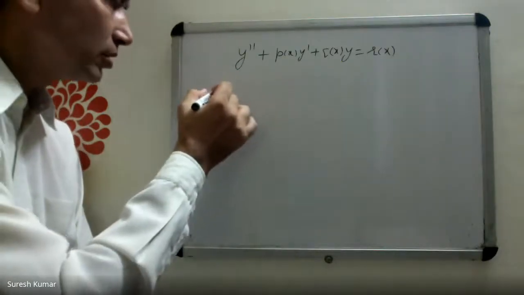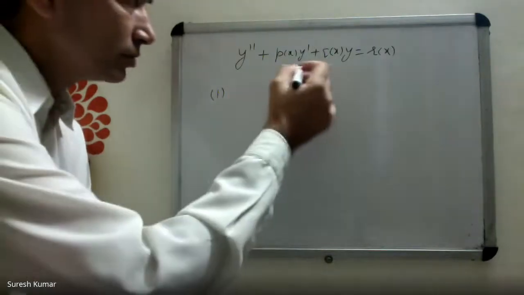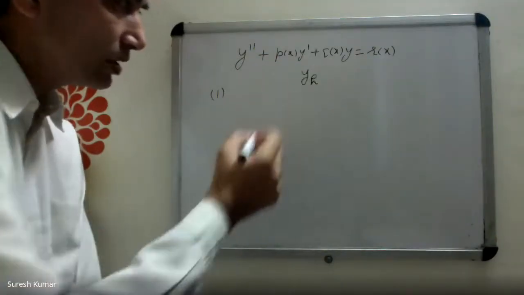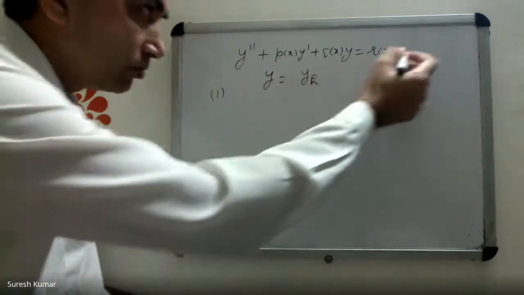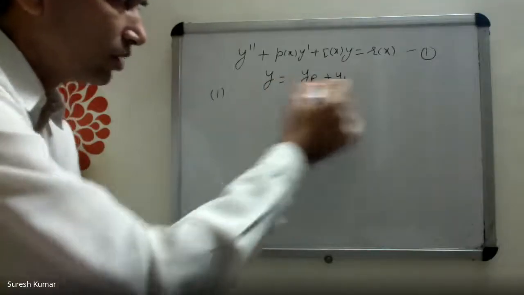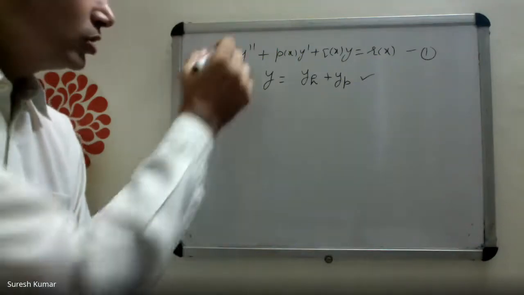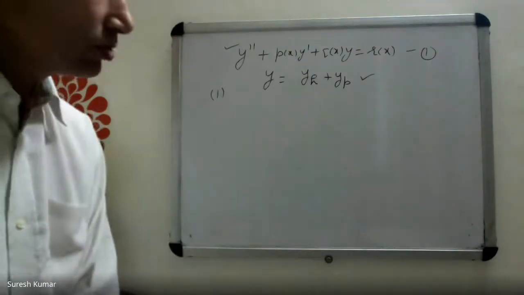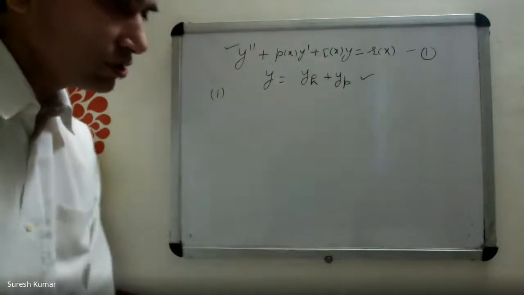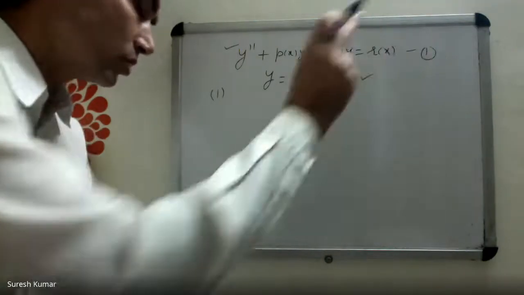So which method did we learn, and what is the general way to solve it? We solve the corresponding homogeneous differential equation and denote that solution by YH. After that, we find a particular solution of this equation, denote that solution by YP. Finally, this is the general solution. So in short, the general solution of this differential equation is given by YH plus YP. YH is the solution of the corresponding homogeneous differential equation, making R(x) equal to 0, and YP is a particular solution.